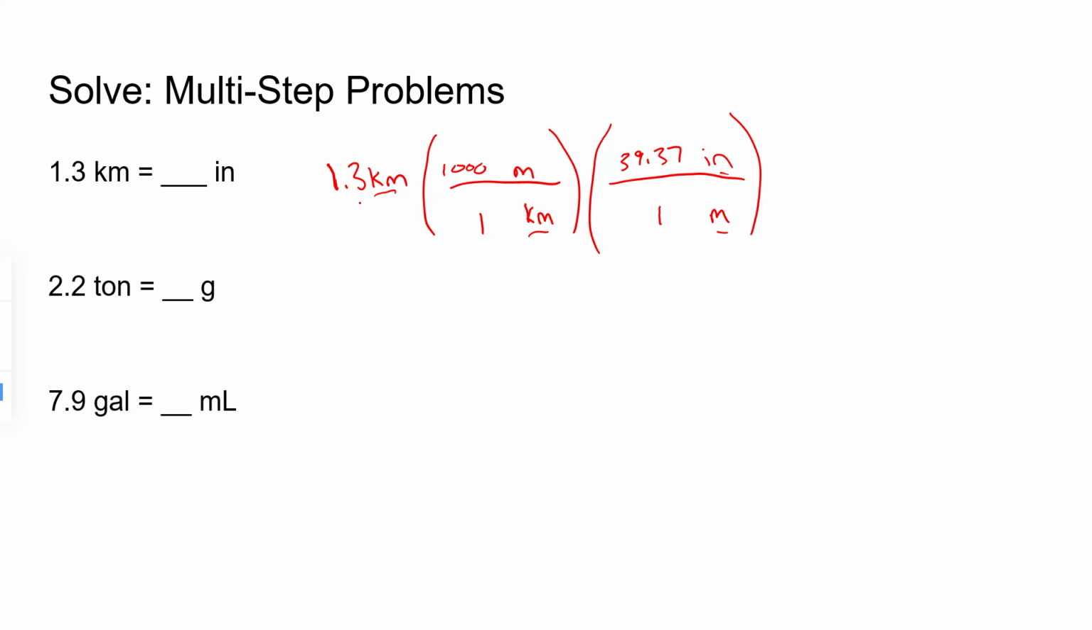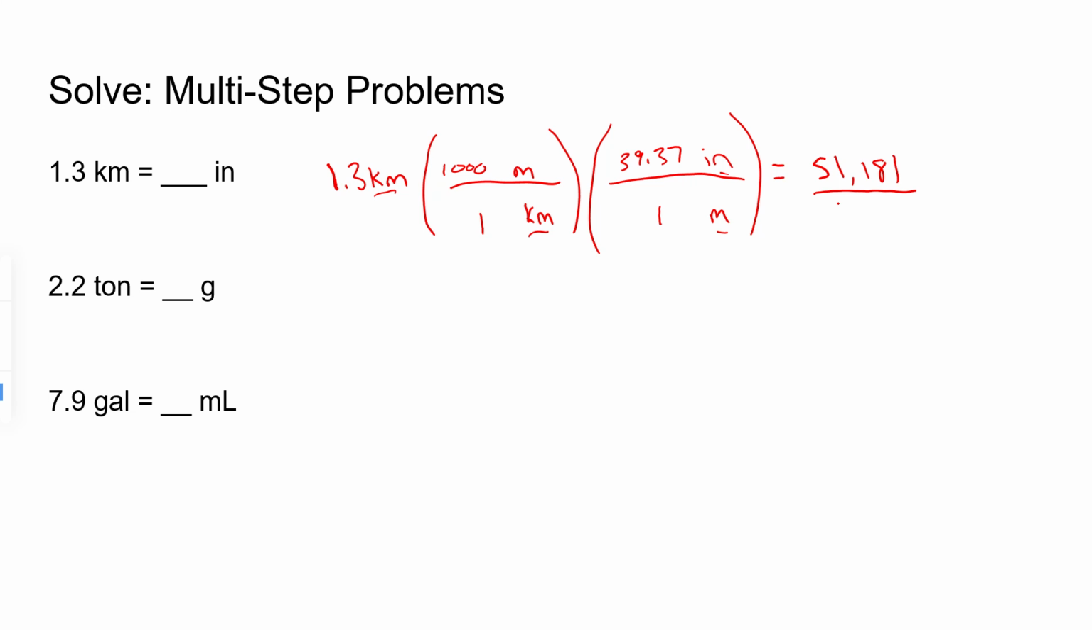Now to solve these multi-step problems, you would multiply the entire top. So if we want to make this equal, we would multiply across the entire top. 1.3 times 1,000 times 39.37, and we get 51181. And then you would divide away the entire multiplied bottom, which means you would take the 1 times the